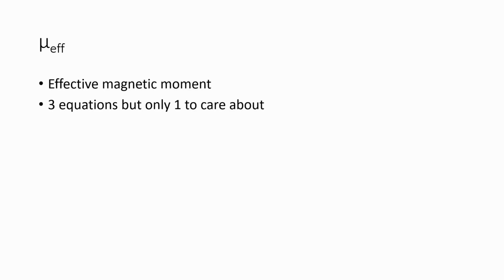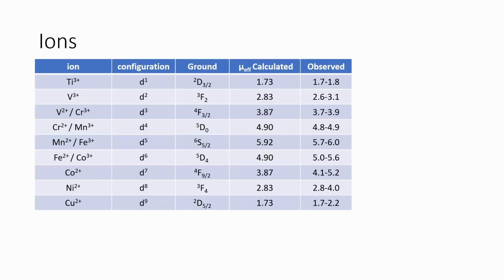We can also talk about mu F. Here, F stands for the effective magnetic moment. There are 3 equations for working this out, but we are only going to focus on one because it is the most important equation. Here we can see mu F is equal to the square root of 4s open bracket s plus 1 close bracket. Now the difference between n and s is